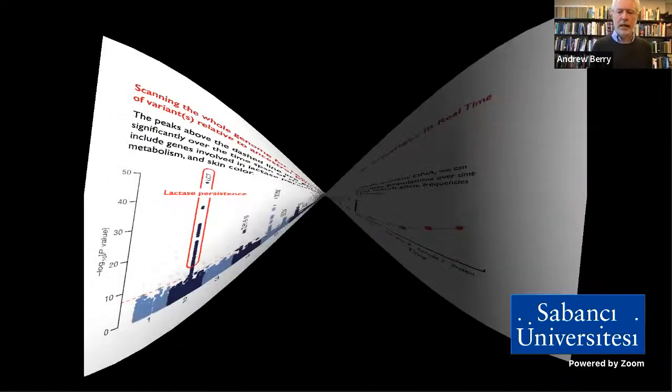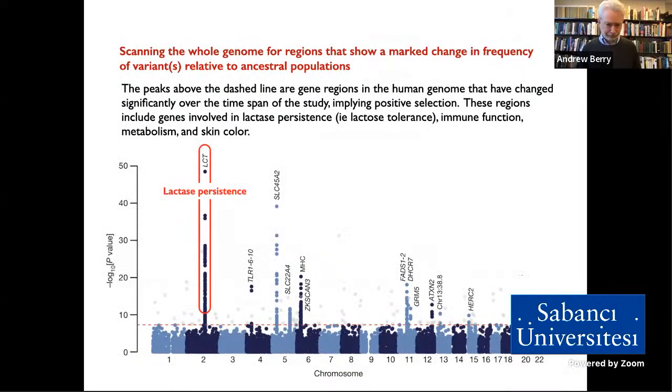So this is the data, and it's complicated, I admit, from this Matheson et al. paper, but it's super cool. What we're looking at is the human genome. All 22 chromosomes are laid out there, color-coded. We've looked at genes the whole way across the genome. Each chromosome has a whole bunch of different genes that we've looked at. And what we're looking for is vectored change across those populations that we've sampled. We've gone back to about 10,000 years ago, and we've sampled multiple populations since that time.